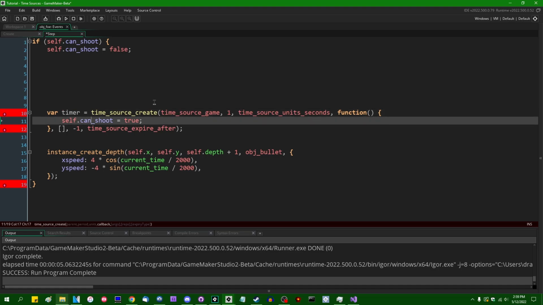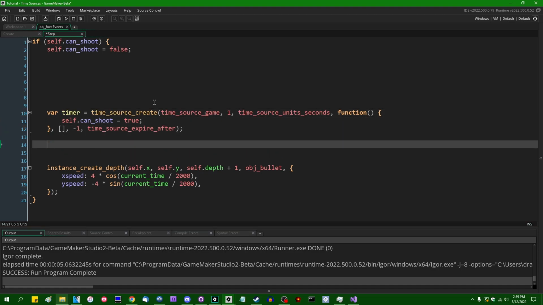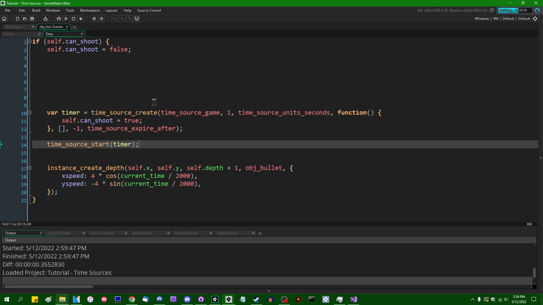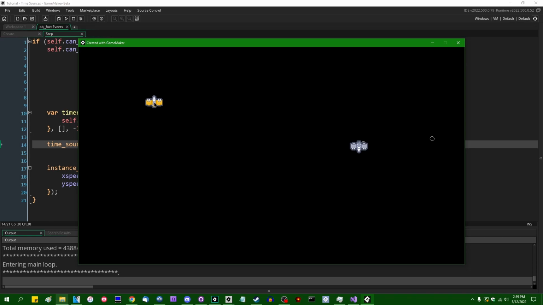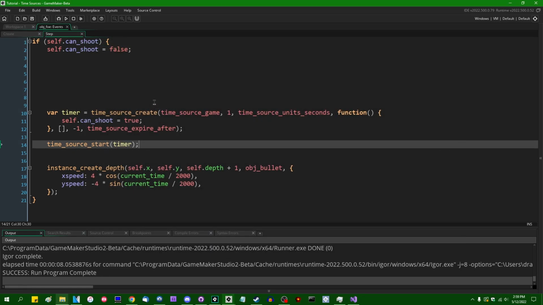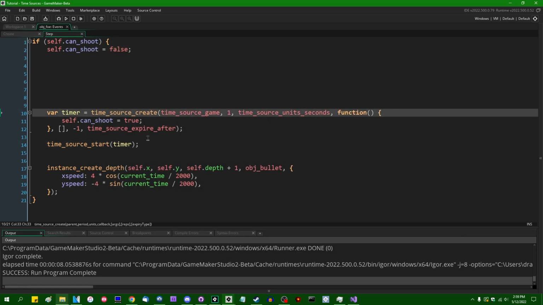it timer, is going to be equal to time source create. And then after that, we're going to need to say time source start, and we'll start the timer. And this is going to cause the timer to be reset after every second. This is going to cause our can shoot variable to be reset after every second. Although this isn't really the best use of this